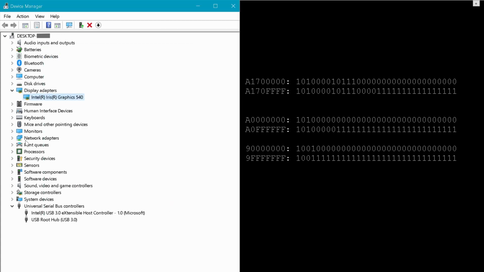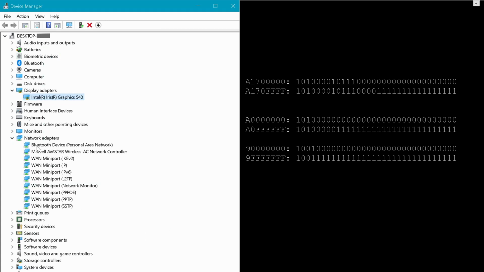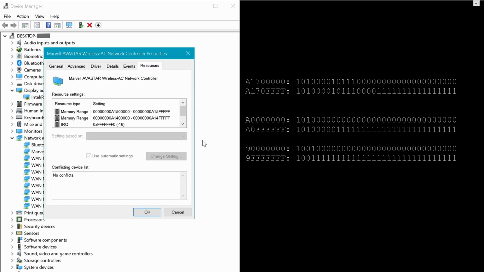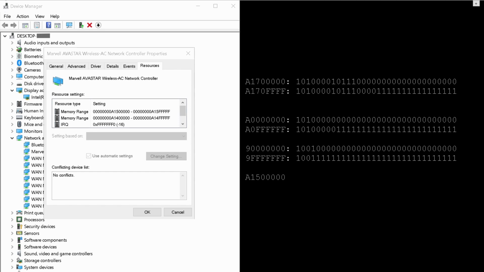Let's take a look at one more just in case you didn't believe me. How about looking at a network adapter? So we come up here, we look at its resources. Also, 2 sections of memory that are being used. Now, both of these sections of memory look like they're about the same size, but they're in 2 different portions of memory. One starts at A1500000, and the other one goes up to